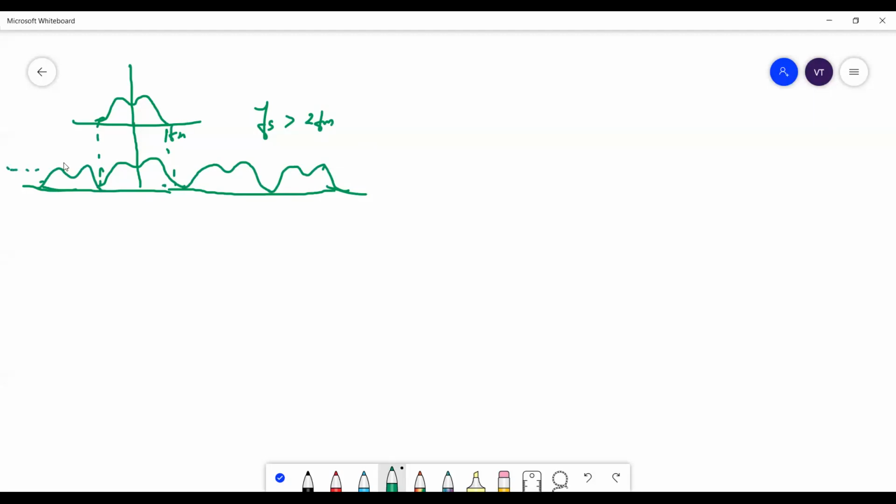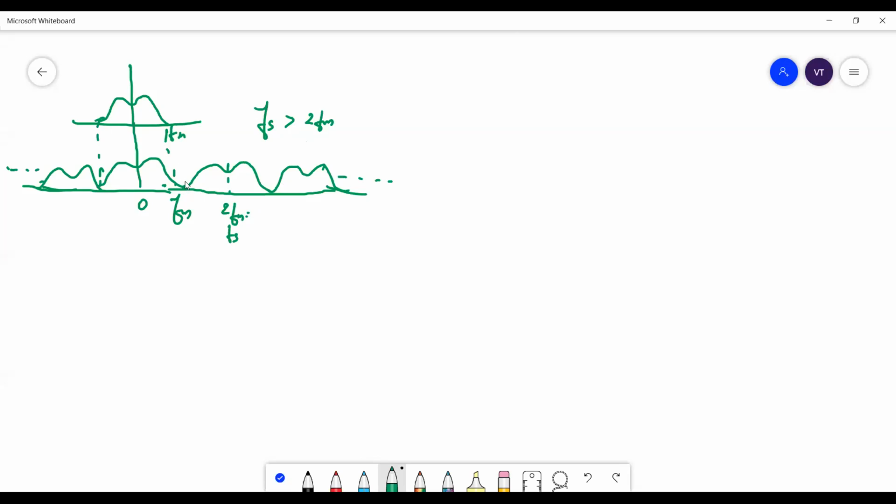Is it understood? This you have already discussed. That is why you have the discrete frequency as periodic. Once you have sampled, the spectrum becomes a periodic spectrum. So in the analog domain, this would be 0, this would be Fm. And now since you have sampled at the Nyquist rate, this is equal to 2Fm, which is equal to Fs. So you have sampled at the Nyquist rate, and you require this to be a strict inequality.